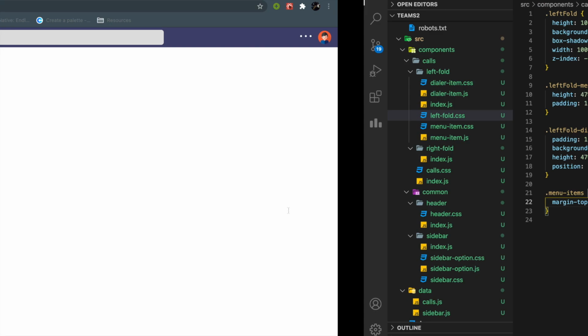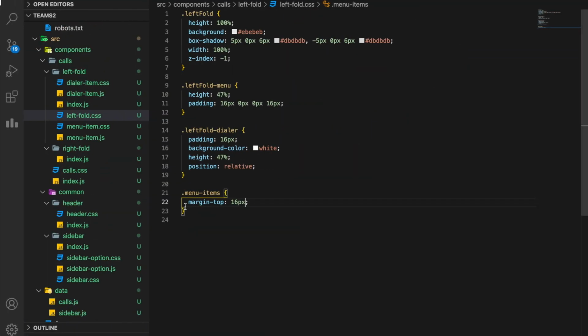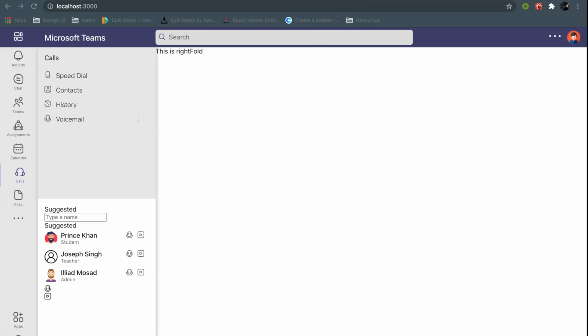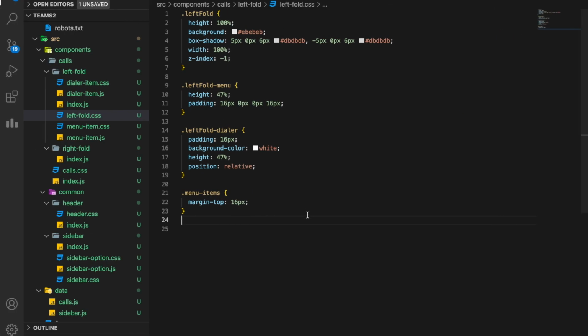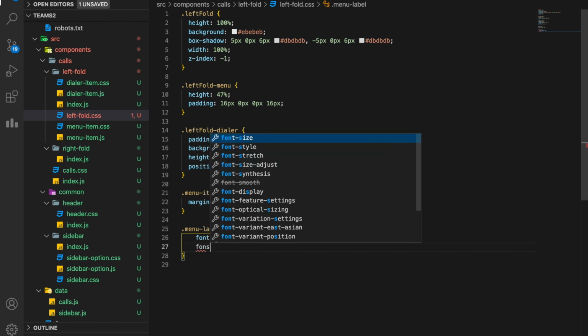All right, so now I have a margin here, it looks well. Now this menu label, this call, it should be a little bolder, so I will go here and say menu label. So this menu label, it has a font weight of 700 and it has a font size of 20 pixel.